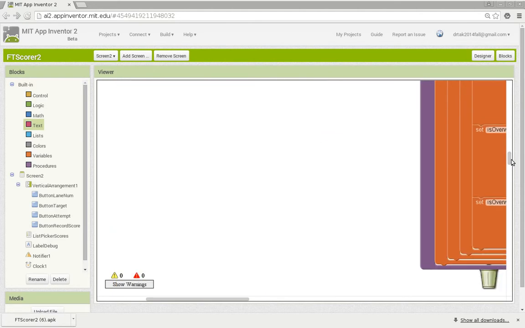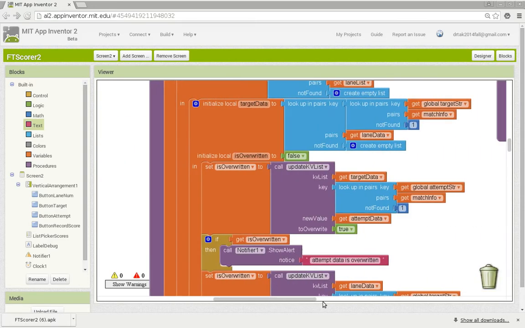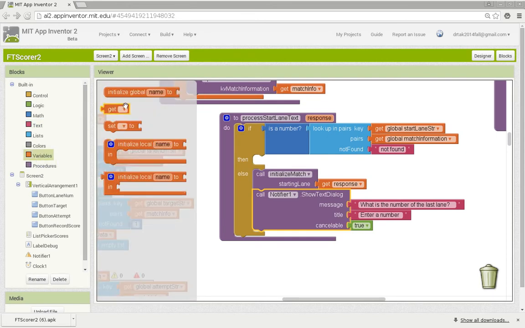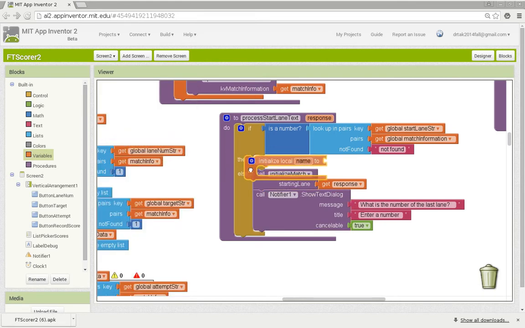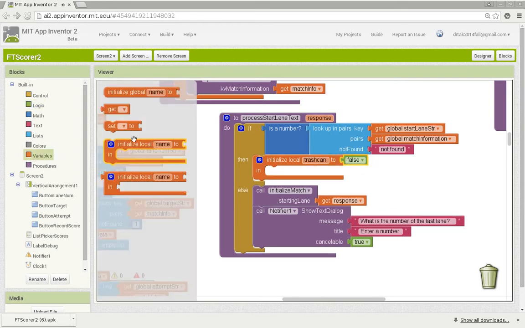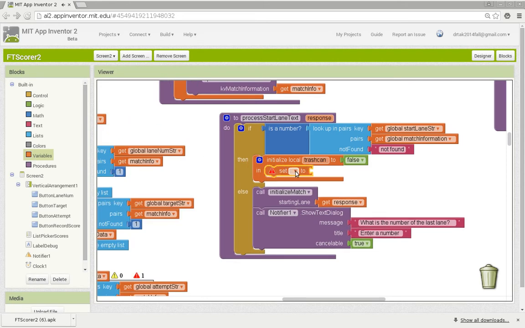And so it's time to finish this up by saying, okay, now we are getting a response back, but this time it is for the maximum number of lanes. So now we just need to use our own procedure, which returns a value, so we need a trash can to store that. So we'll just call this trash can. We'll set it to true or false, doesn't really matter, because we are going to override it anyway. So we'll set trash can to